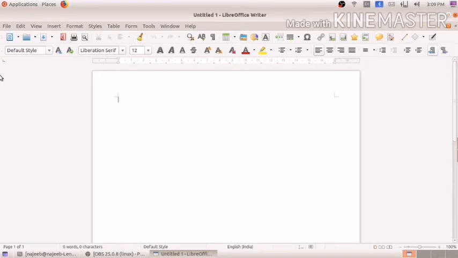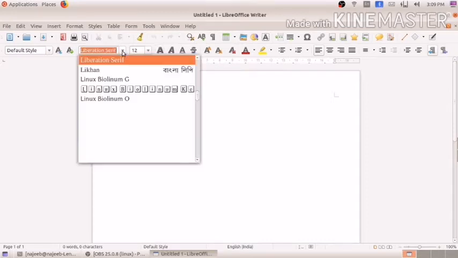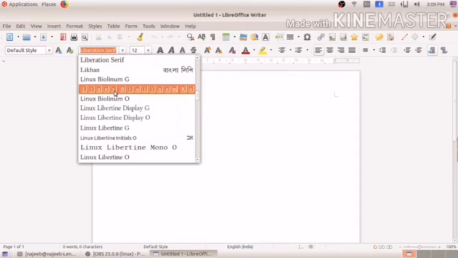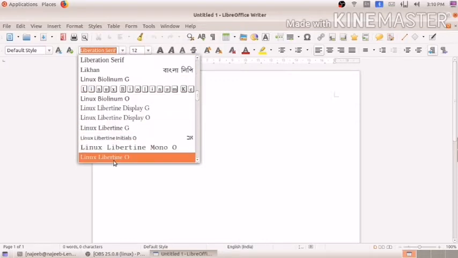standard toolbar. And in this chapter we are going to study formatting in LibreOffice Writer. So you can see some formatting tools here. This is the font name.